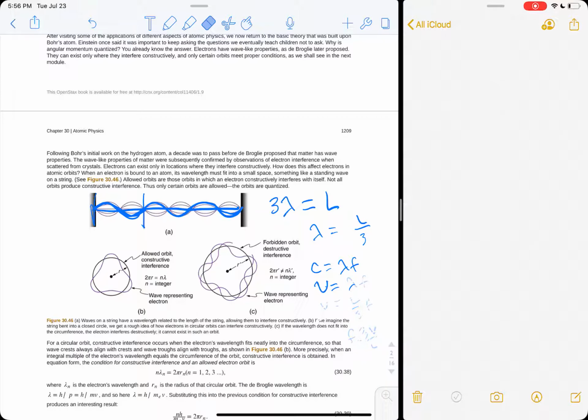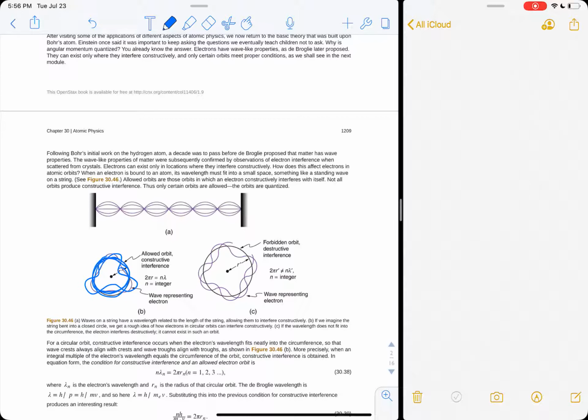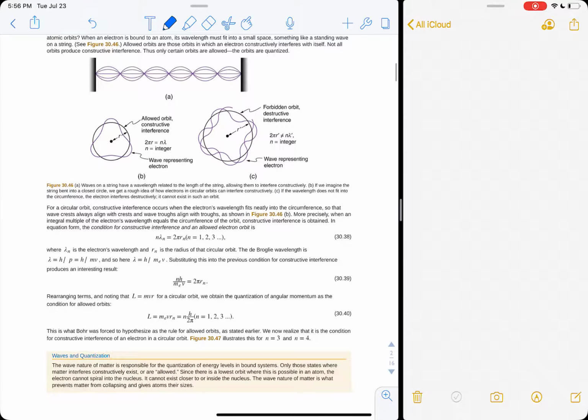So this is the idea that if you're trying to create a standing wave, there's certain frequencies that work, and only certain frequencies. So not any frequency, only certain discrete frequencies. And the idea with the electron is, in order to fit an electron at this radius of orbit, it needs to have 1, 2, and 3 wavelengths there. And so then you say, okay, the circumference is 2 pi r, and it's got to have either 1 lambda, 2 lambda, 3 lambda, 4 lambda, 5 lambda, whatever, some number of wavelengths there.